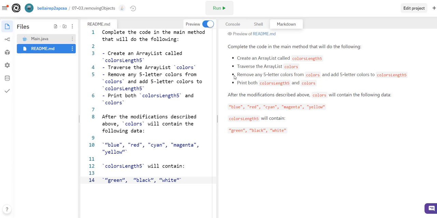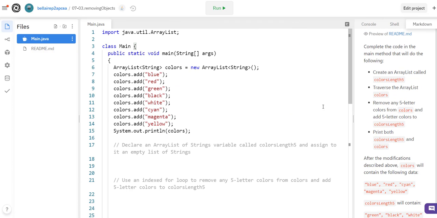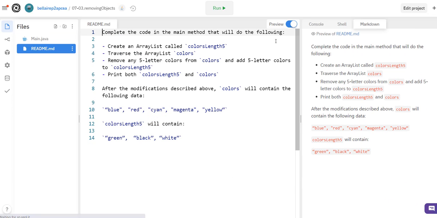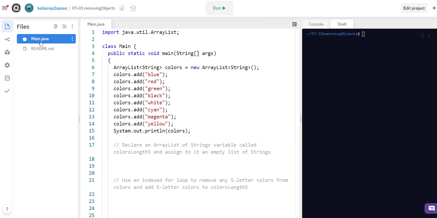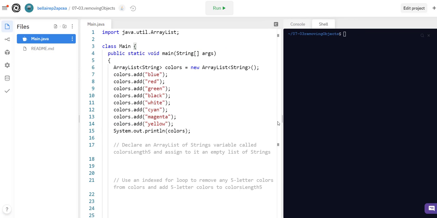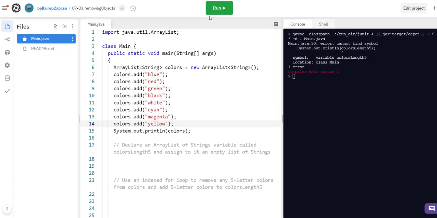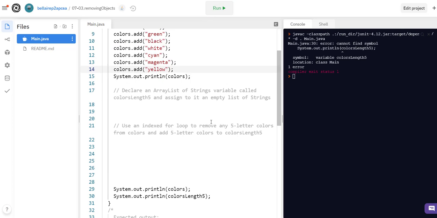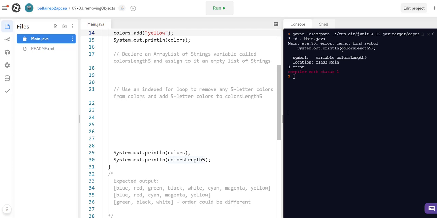Okay, so let's take a look at the main class here, and let's get rid of this preview. There we go. All right, so here we've got our original list, and it's got 1, 2, 3, 4, 5, 6, 7, 8 colors, and currently we don't have colorsLength5. So let's go ahead and declare it